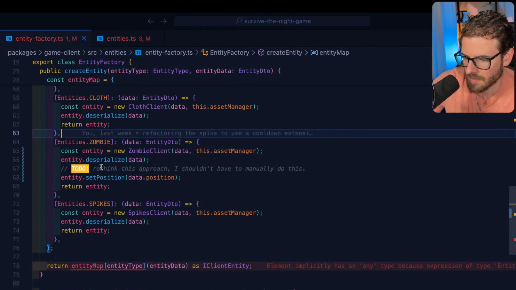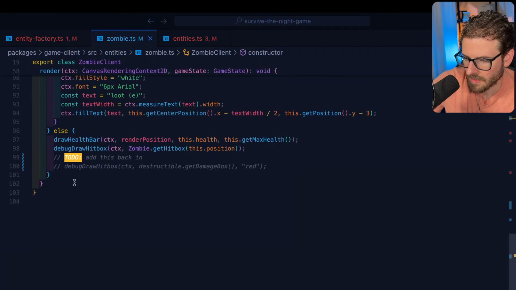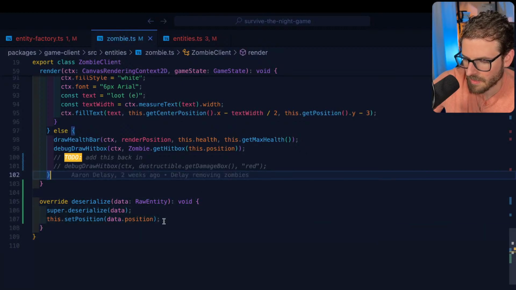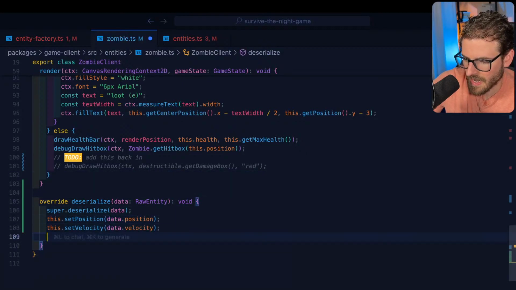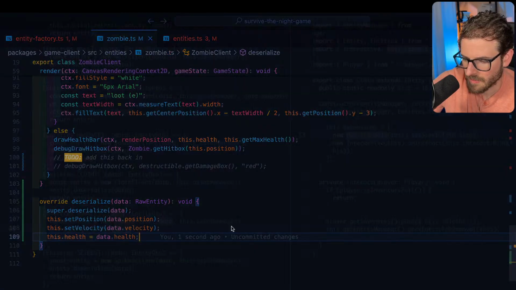So I think maybe I should have an override deserialize, and then there are certain other things we're going to have on here, like the health. What else do we have?